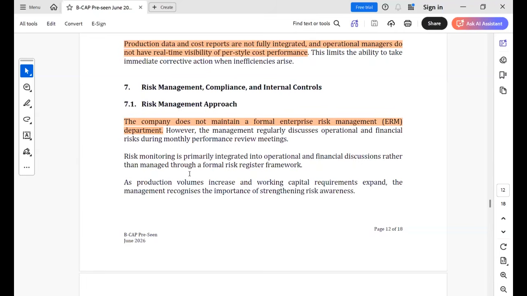And risk monitoring is primarily integrated into operational and financial discussion rather than managed through the formal risk register framework. So there is no risk register. So they are formally having a discussion. That's all. So it's a significant weakness,